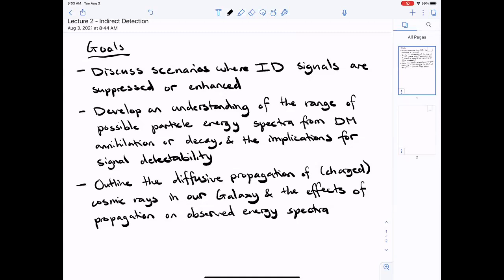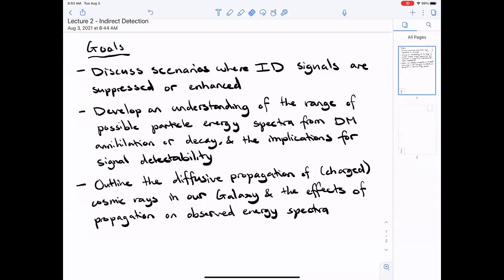So we look for the particles that are produced by annihilation. When you're doing that kind of search, you don't care just about the total energy injected, you care about the spectrum of the particles, and you care about the direction that they're coming from. So in the second part of this lecture, I want to tackle the first of those questions, think about what kind of particle energy spectra we can get from annihilation and decays, how that's going to change our signal sensitivity, and how we can work out how the energy spectra of those particles change between when they're first injected by annihilation and decay and when we actually see them in our telescopes. And I want to do an example of that for charged particles.